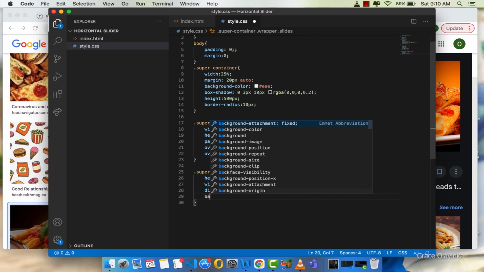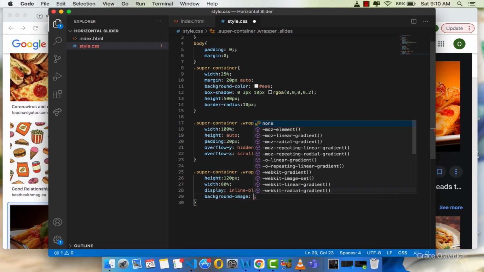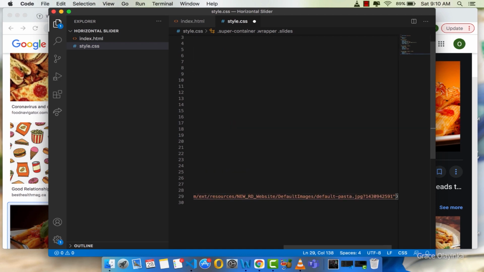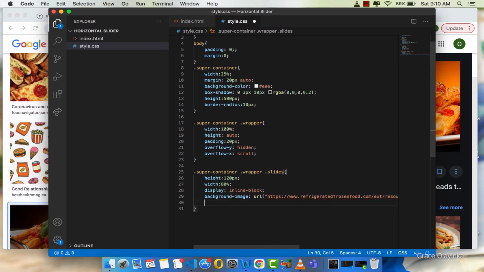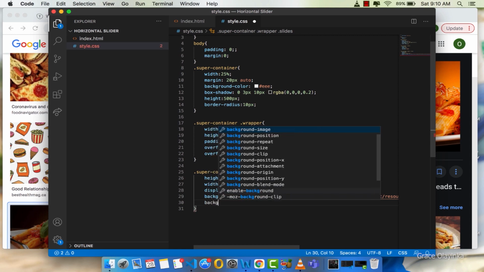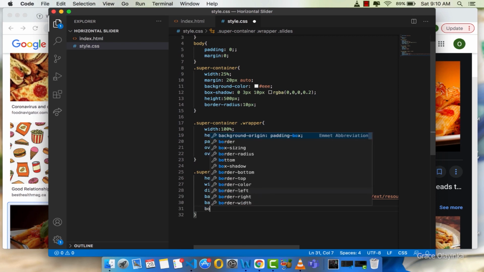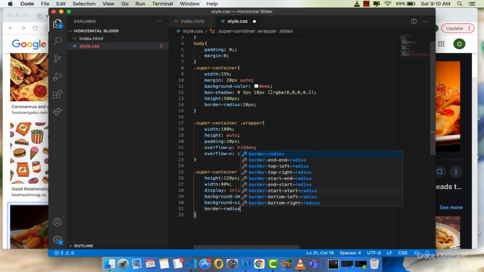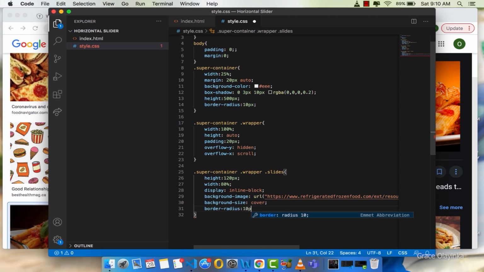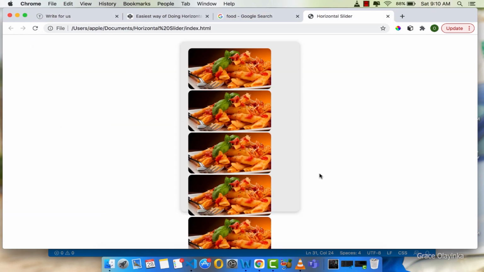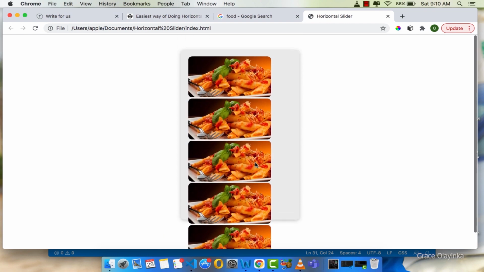And then I give it a background image of the URL I've copied, then come here and give it a background size of cover, and then let me give it a border radius of 10 pixels. So now let's check what we have here. Okay, so we have our slides